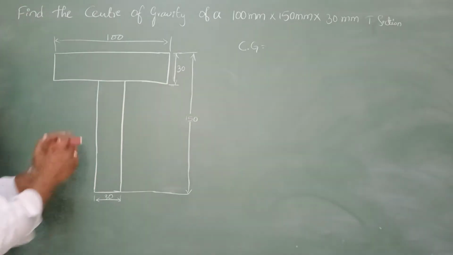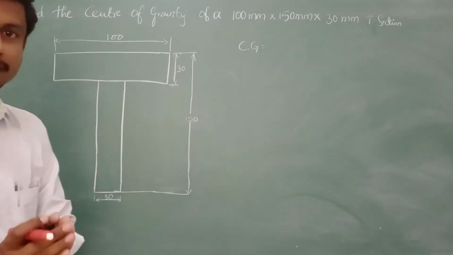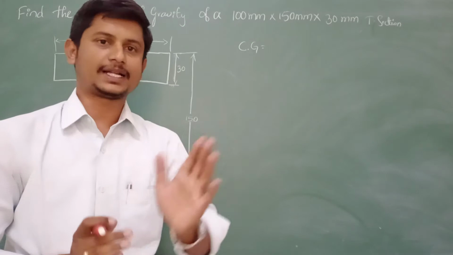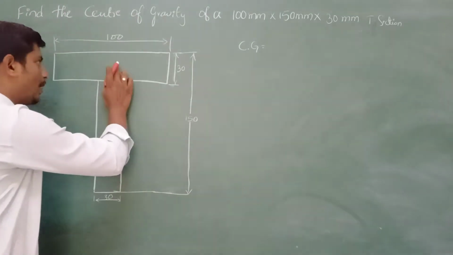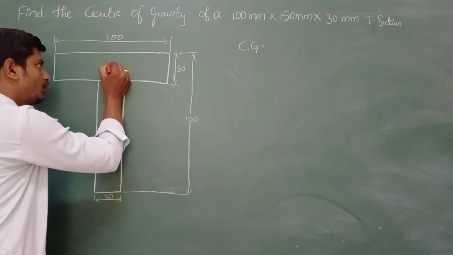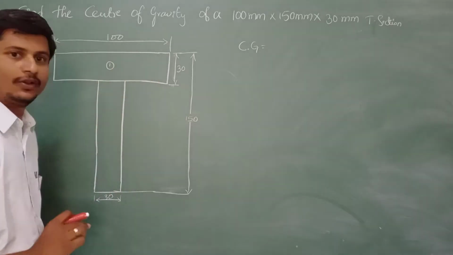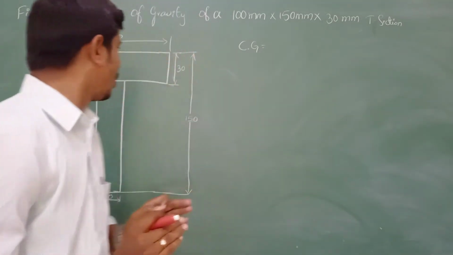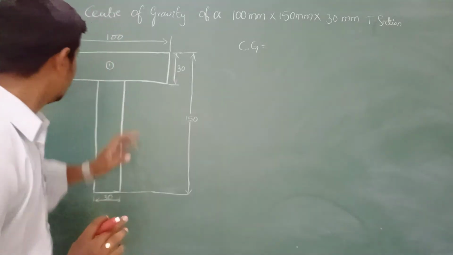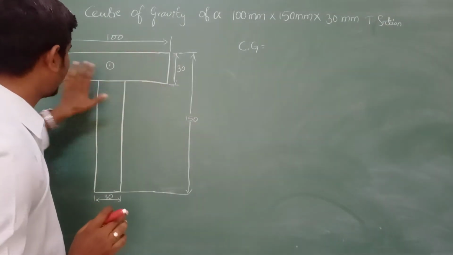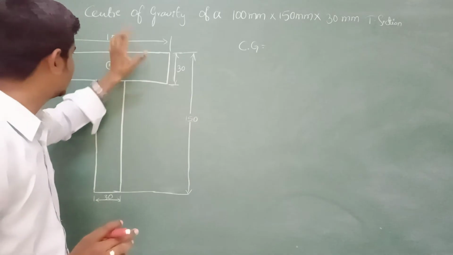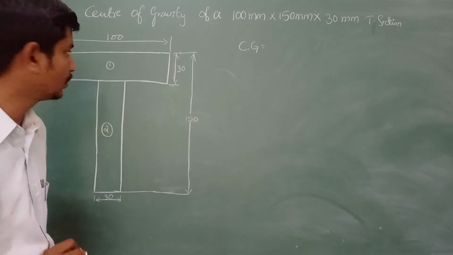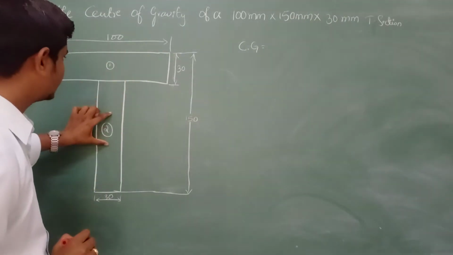Okay. So first we need to write whether it is considered along the x-axis or y-axis. The web here is considered as the first portion, meaning a rectangular shape. The given T section is considered as simplified geometrical shapes. So this is in the shape of a rectangle, so this is considered as the first web and this is considered as the second web. Okay. So this is the first section and second section.